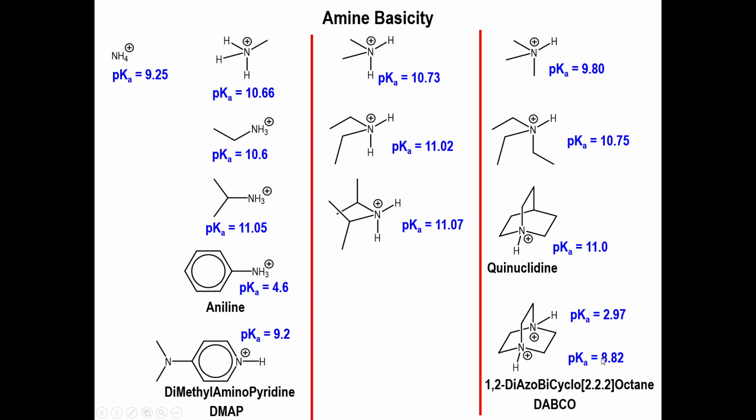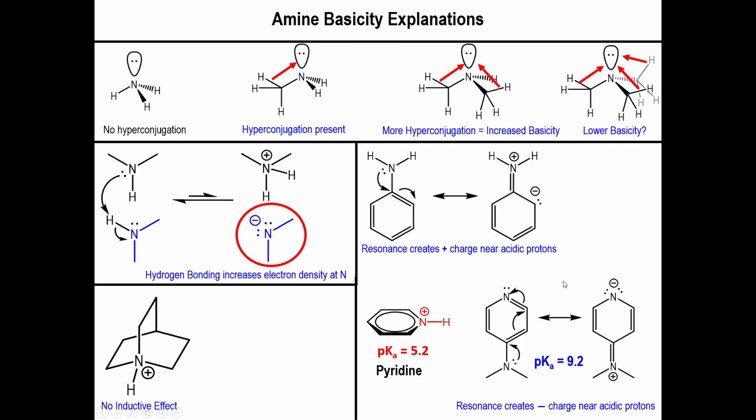So if you look at these two molecules, quinuclidine and DABCO, what you will notice right away is that the pKa of the most basic nitrogen is still lower than the pKa of just quinuclidine by itself. And the reason for that is that quinuclidine just has a bunch of carbons around, so there's really no additional factor that could be withdrawing electron density away from that NH bond. But in the case of DABCO,